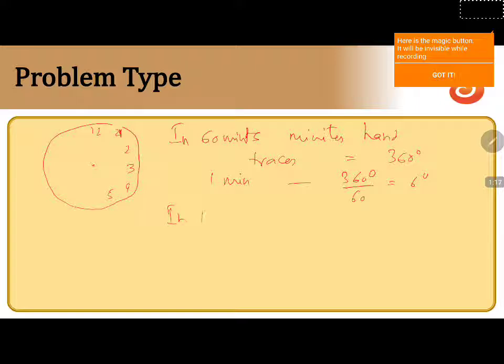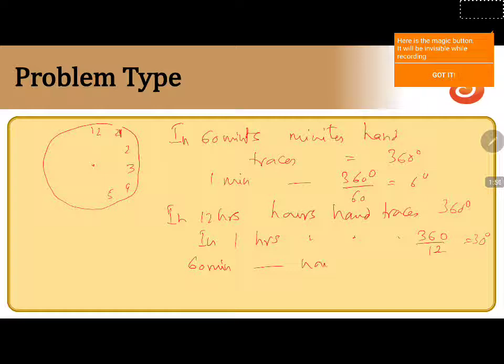In 12 hours, the hour hand traces 360 degrees. In 1 hour, the hour hand traces 360 by 12, 30 degrees. That means in 60 minutes, the hour hand